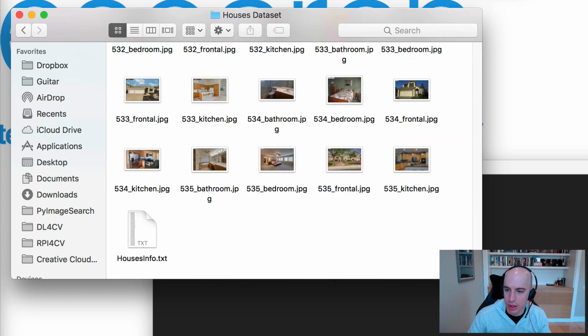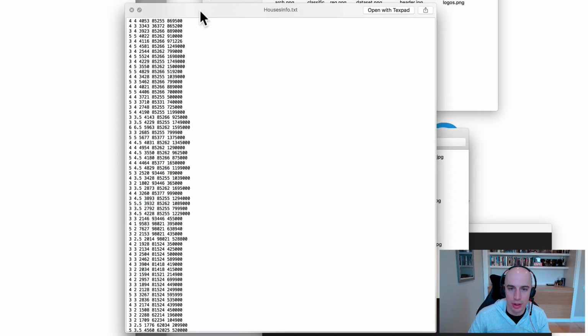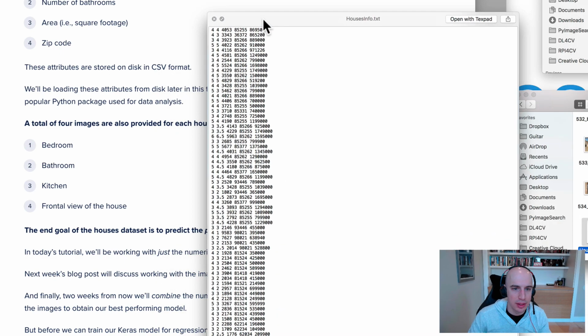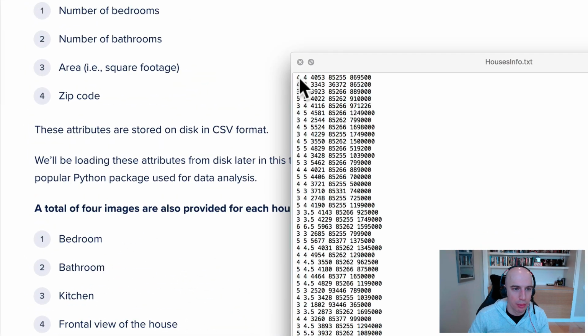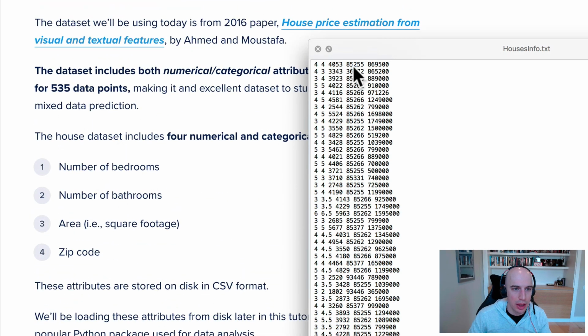What I want to draw your attention to is this house info.txt file. This contains all of the attributes that I was telling you about right up here. So inside this text file, for each house you have the number of bedrooms, the number of bathrooms, the area and square footage, the zip code of the home, and then the listed price of the home. So our goal is to take these 4 attributes and construct a neural network that's capable of predicting the list